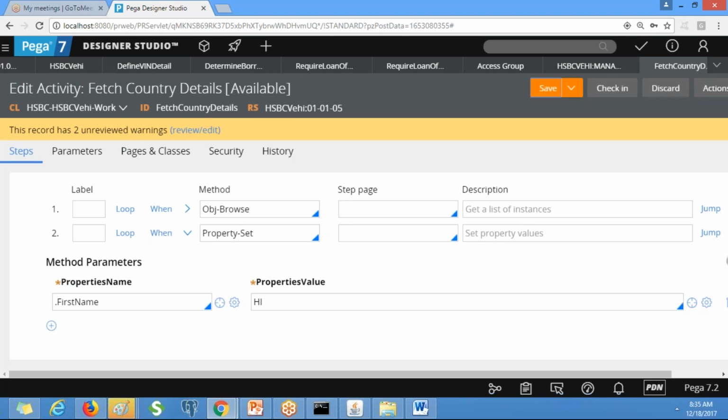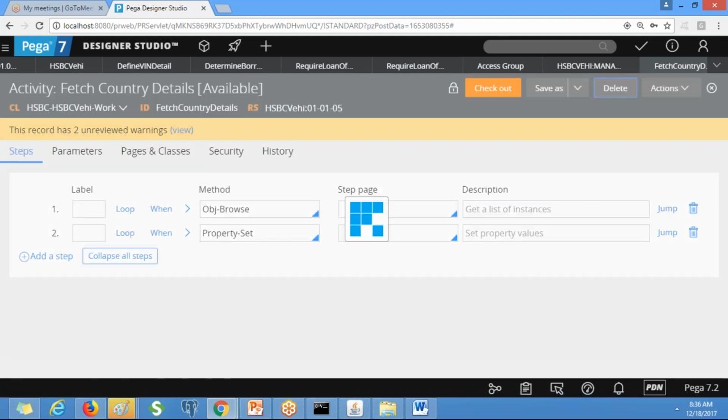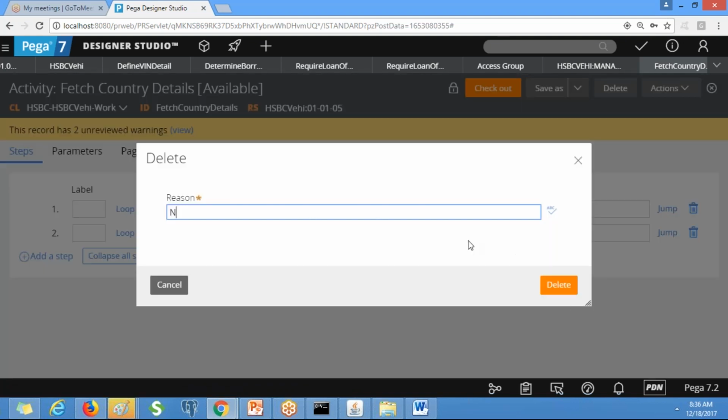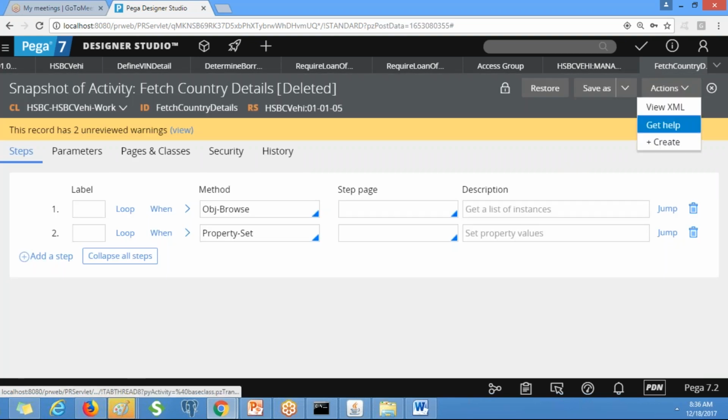By default it is showing 05, right? Let me discard this and delete. The latest version is saved. That's not a problem.